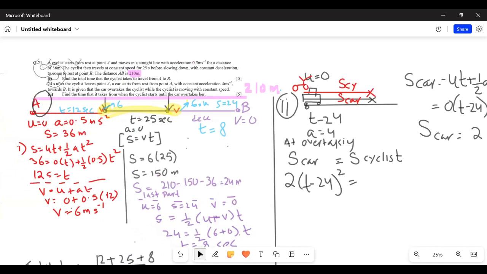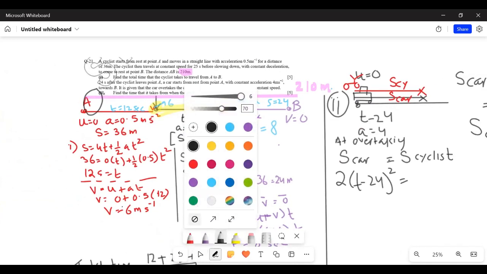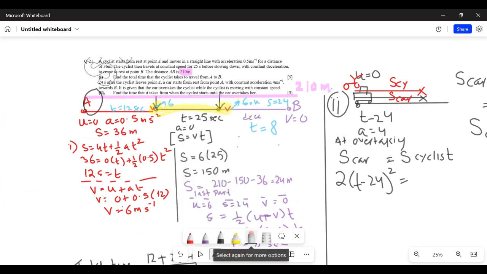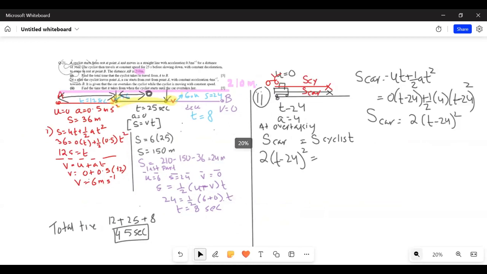So let's go back to the original figure. The cyclist covers this much distance. In the red part, it covers a distance of 36. And then it moves into the second part of the journey. Let's say the overtaking happens somewhere over here. So we have to find the total distance starting from A. The distance would be 36 plus some extra distance. So the distance covered by the cyclist is going to be